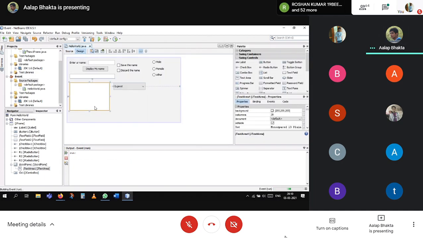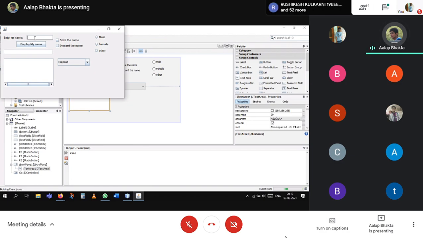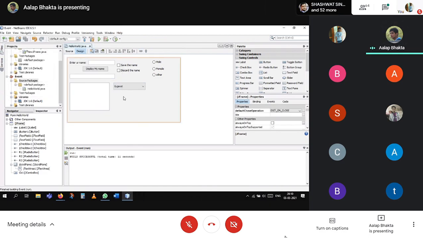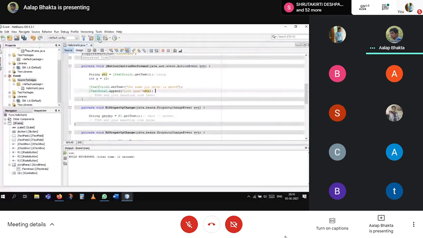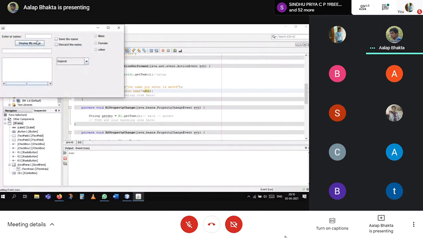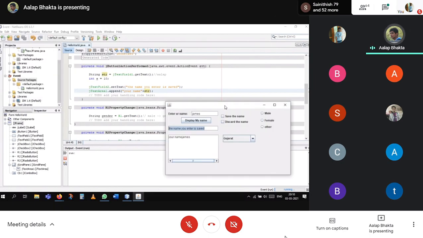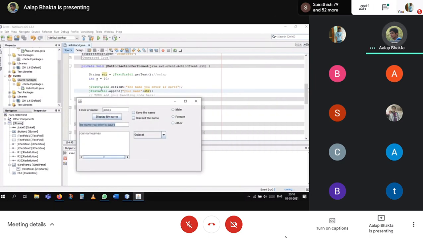Whenever I run this, I enter James. Over here, see, I've displayed it in the text field using the text field set text, so it will display over here: your name is James, just like our text field.